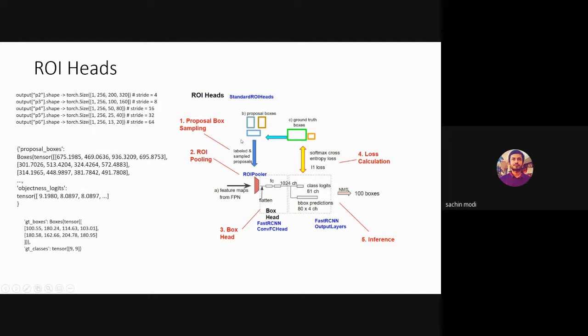So first, I'm getting these 1,000 proposal boxes, and then I have feature maps which are coming in from my backbone network, the feature pyramid network. And then the third thing I have is ground truth boxes. So these are my feature maps with various sizes. Then these are proposal boxes coming from the region proposal network. And these are my ground truth boxes. So now I need to map these proposal boxes to ground truth boxes.